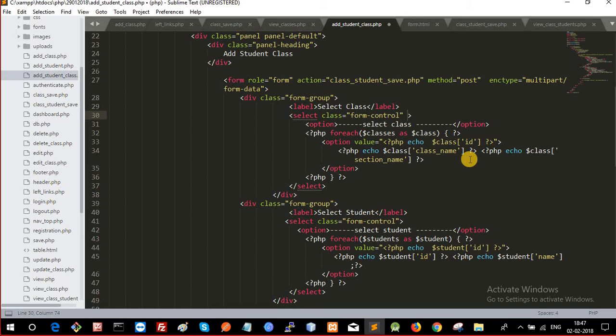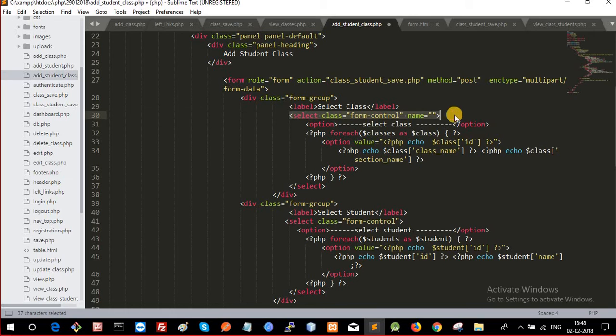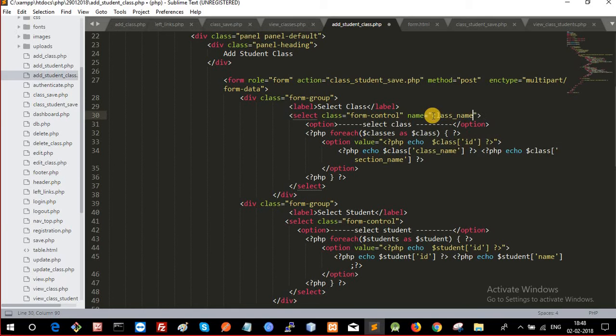Here we need to give the name. Now in the input box we will give name like the same. In the select option we need to give name here in the select. So this is class name. So we need to give class name,